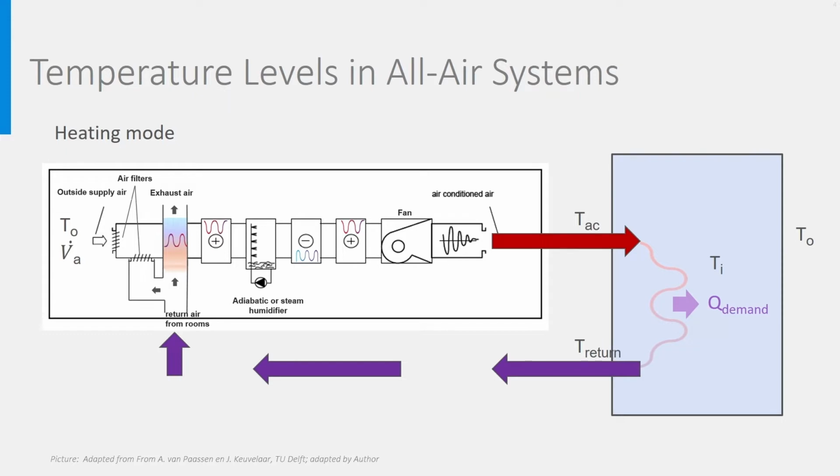However, it works very well to just consider the room to have a constant temperature Ti and the air from the AHU to be a perfect heat exchanger delivering return air at Ti. So let's do that. The quantity of heat exchanged is the quantity of heat delivered by the AHU, which is ρ times volume flow rate of air from AHU times Cp air times (Ti minus TAC) and is equal to Q demand. And the AHU delivers the heat needed to bring the outdoor air from T0 to TAC.